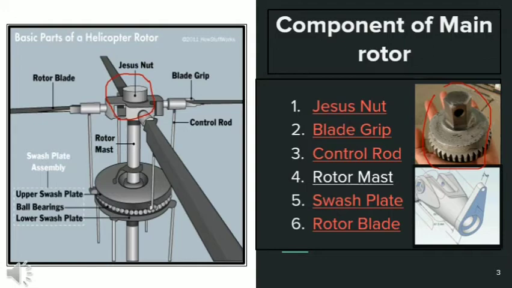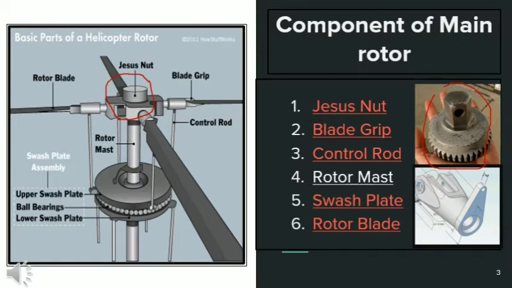Fifth, swash plate. Now the heart of the main rotor system arrives, namely swash plate. As shown in figure, it includes an upper swash plate, that is moving part, lower swash plate, that is non-moving part, and the ball bearing inside it. As upper swash plate is moving part, it transfers moving information to the rotor blade. This is the main part used to transfer the information to the blade to change the direction of going forward, backward, upward or downward.